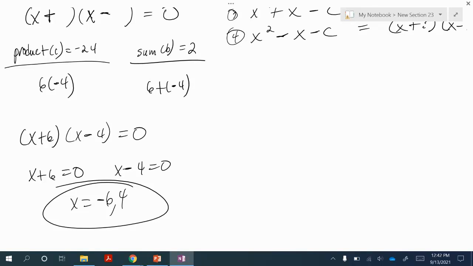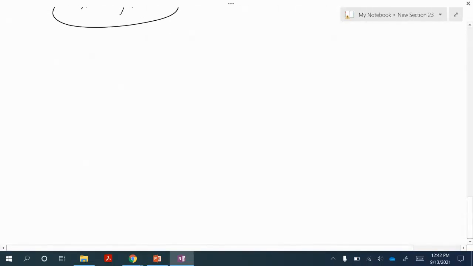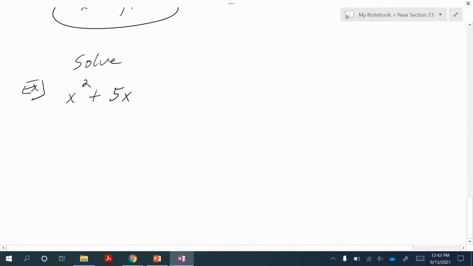All right, so now we'll take a look at a third example. So we're still solving quadratic equations. So here we're asked to solve x squared plus 5x plus 2 is equal to 0. Okay, now when we solve quadratic equations, the first thing we should look to do is to factor and solve. All right, but not all problems are factorable, right? So based on that product sum method we use,